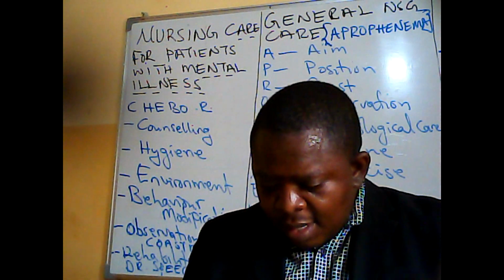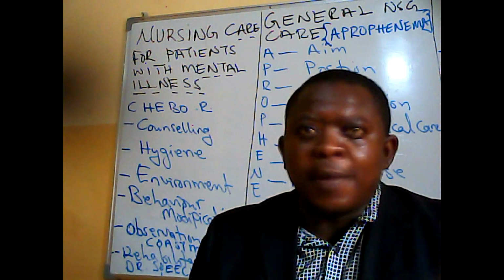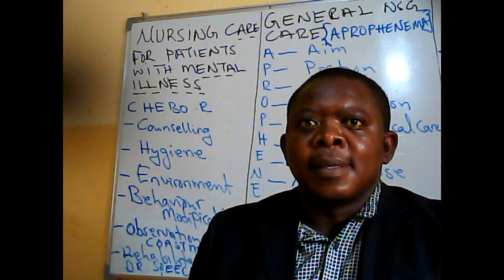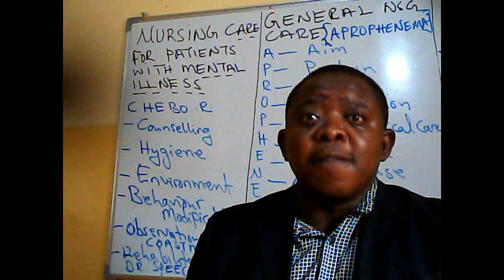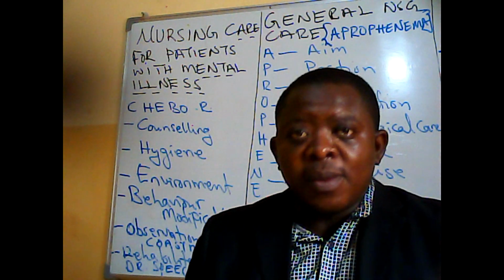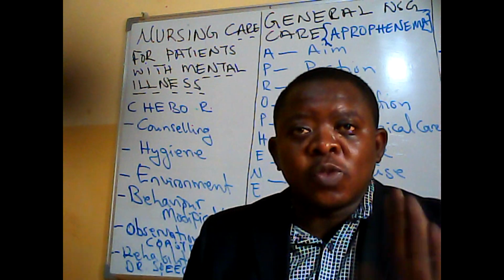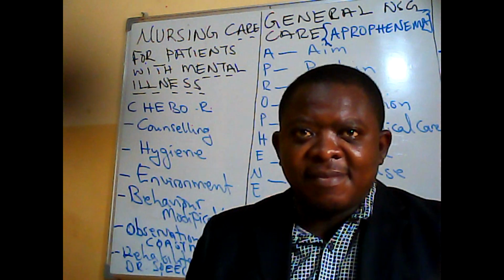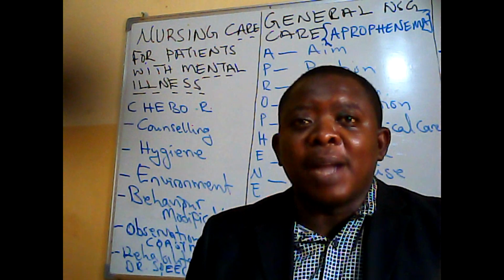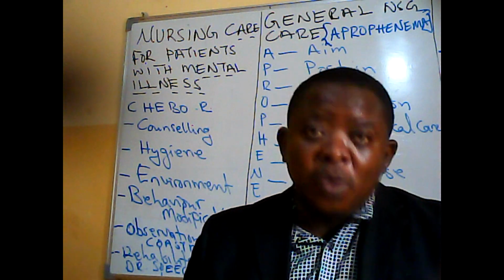All right, so the next part we are looking at is education about the condition. Patients need to be educated about their condition because it will promote cooperation. It will make the patient understand himself better and the impact that the disease has on others. That way, the patient will also comply in taking treatment. They need to be educated about the impact of their disease on others. That way, they will comply.